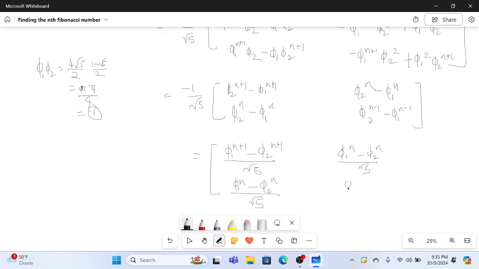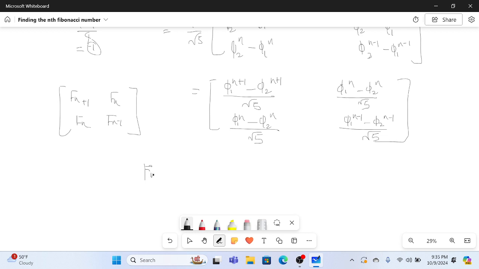And this is phi 1 to the power n minus 1 minus phi 2 to the power n minus 1, by root 5. I'm really a lot satisfied with the results. Now, we know that this is just f of n plus 1, fn, fn, f of n minus 1, right? This was confirmed by the induction. So, we have the formula that